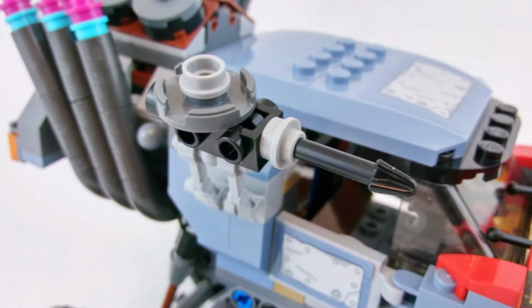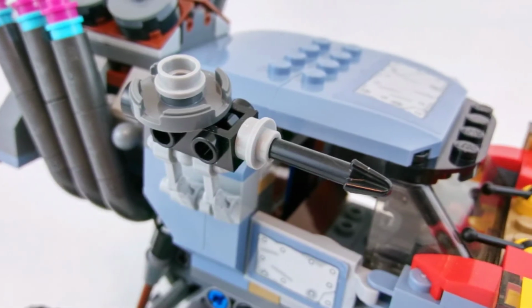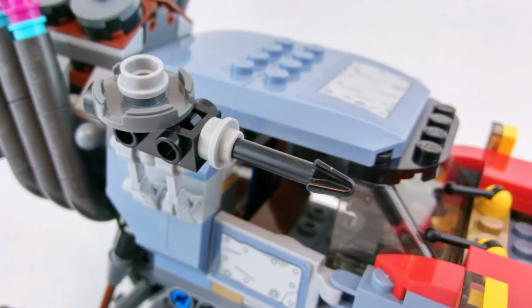Also, with the four launchers under the hood and the harpoon gun mounted on the passenger side, I'm actually surprised this piece doesn't have any built-in launch features like stud launchers under the hood, or even a flick launcher off to the side for the harpoon gun. All in all,